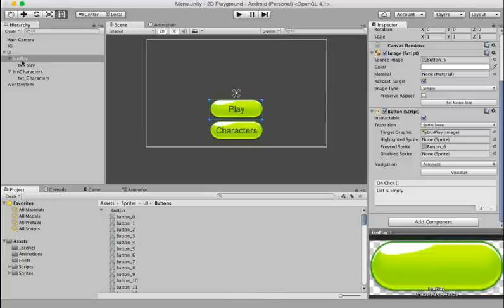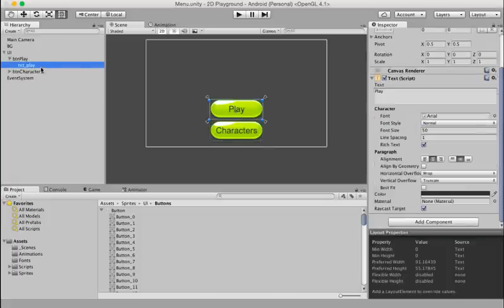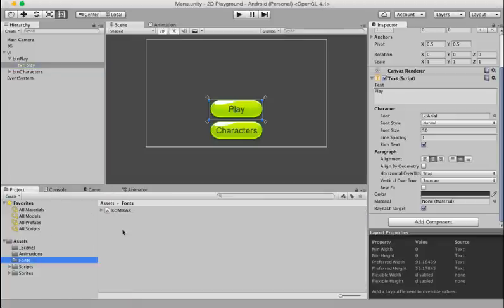Alrighty. Now the next thing that I want you to see is how you can change the fonts on your buttons, and that's also very easy. Select a particular button and then highlight its text component, and here in the inspector panel you'll see the font field. Okay, currently it's a system defined font called Arial. We're going to change it to something that we have in our project, and I have already downloaded a font